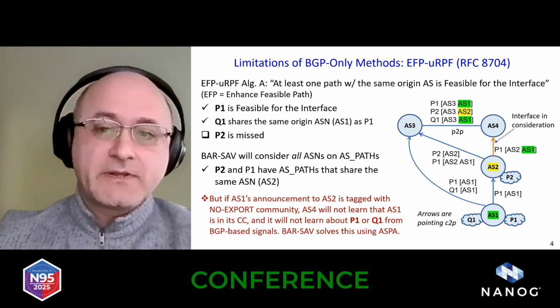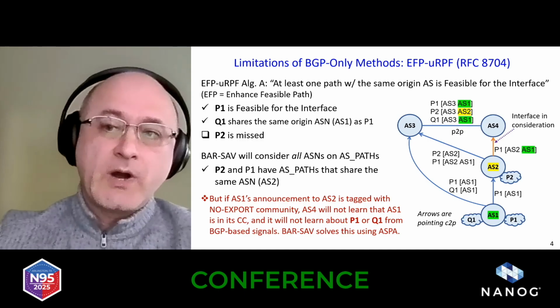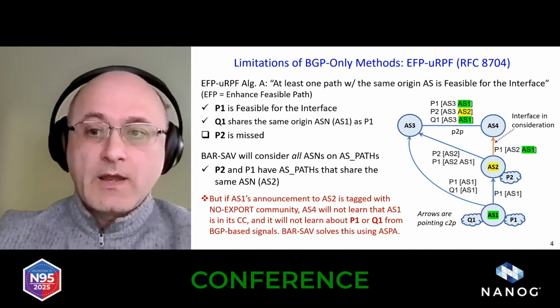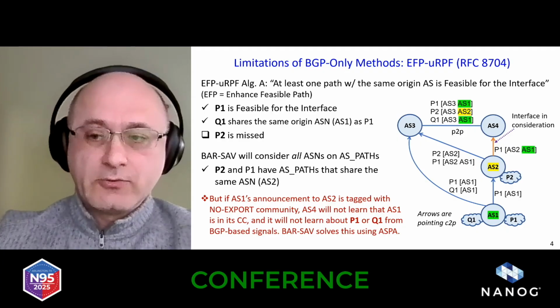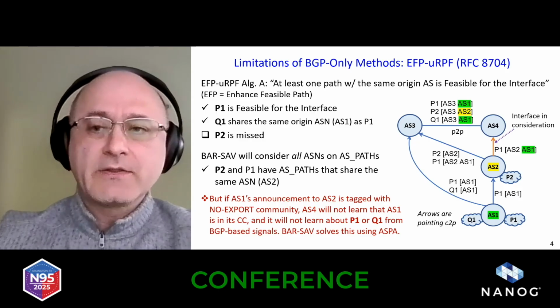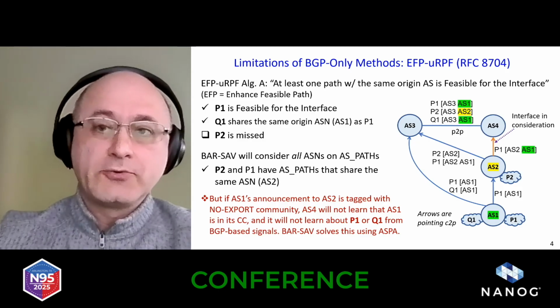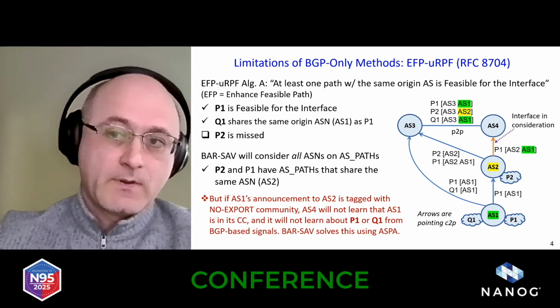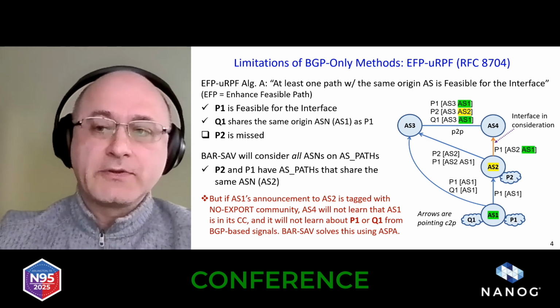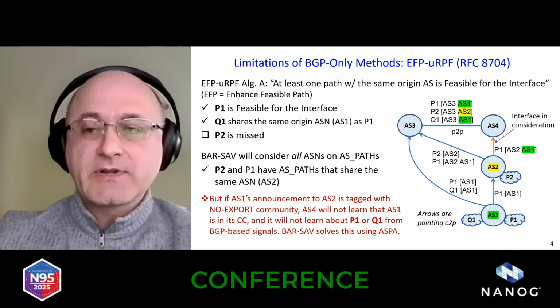AS1 has two prefixes to announce, P1 and Q1. AS2 has its own prefix P2. AS1 is announcing P1 to everybody, and for whatever reasons it's announcing Q1 only to AS3. And AS2 is also only announcing its own P2 to AS3, but the prefix it got from its customer, P1,